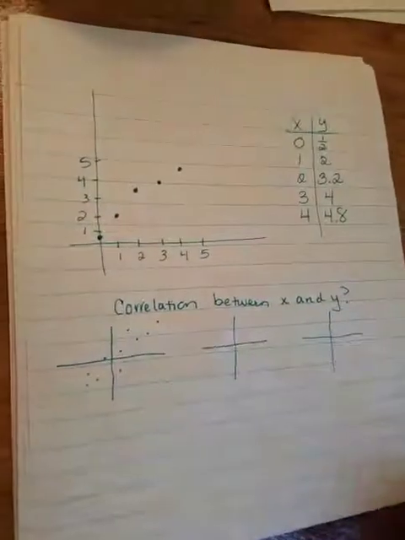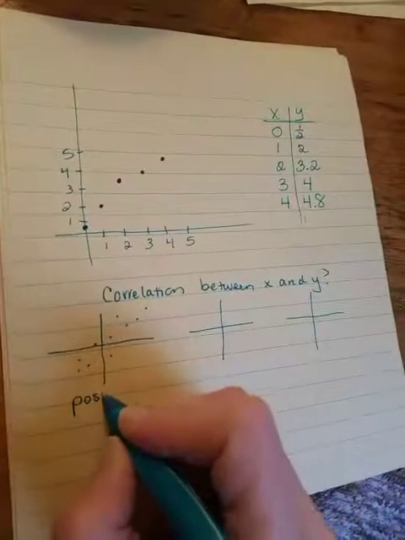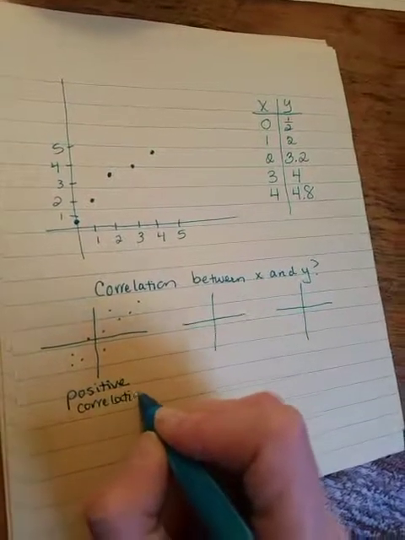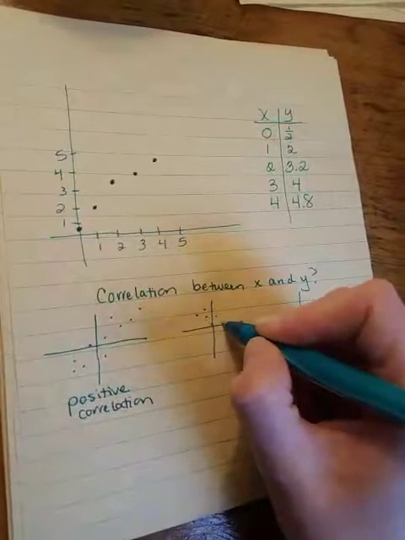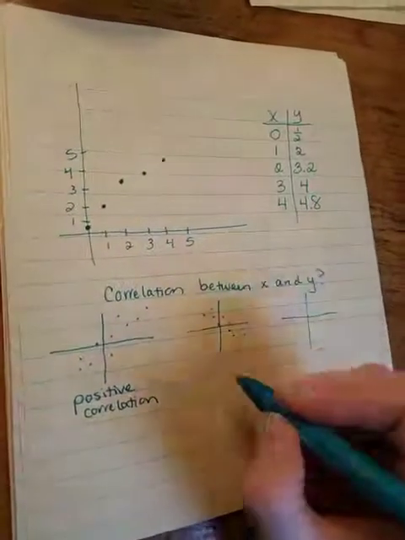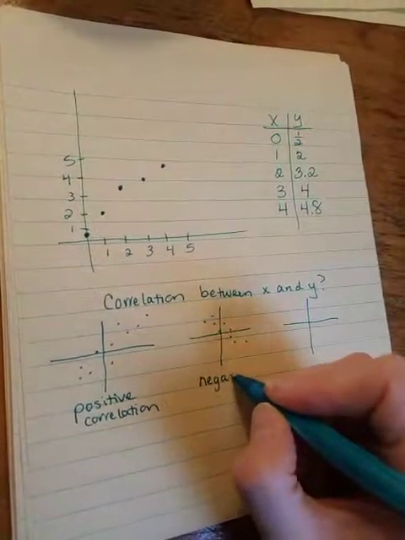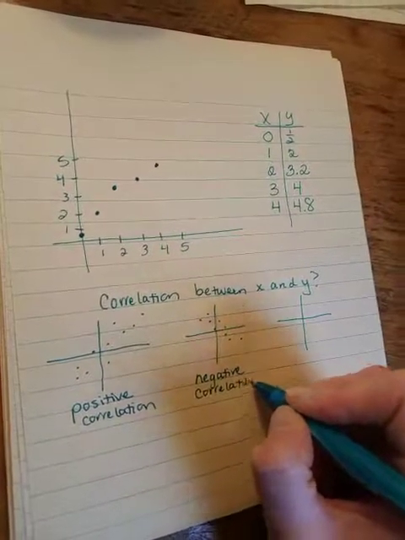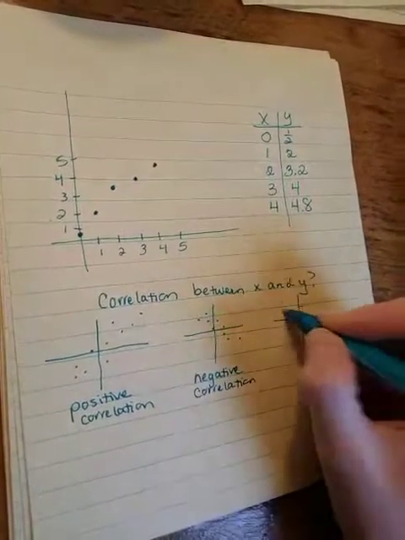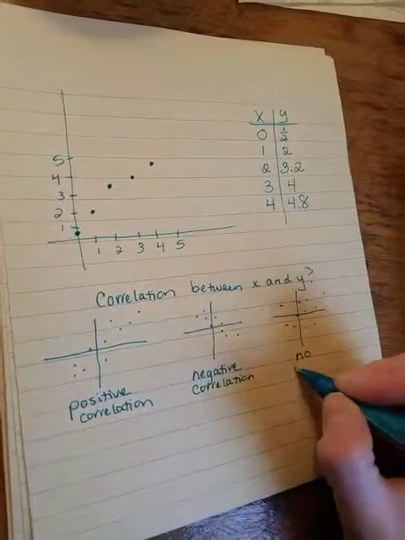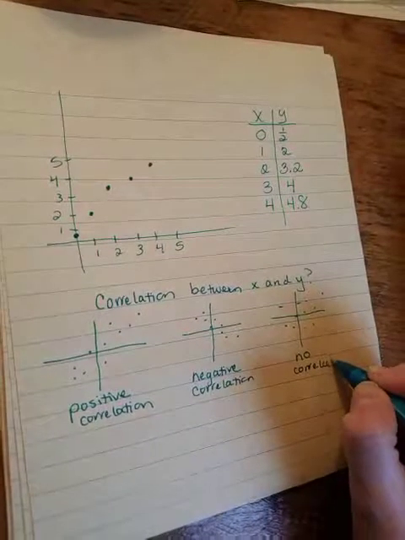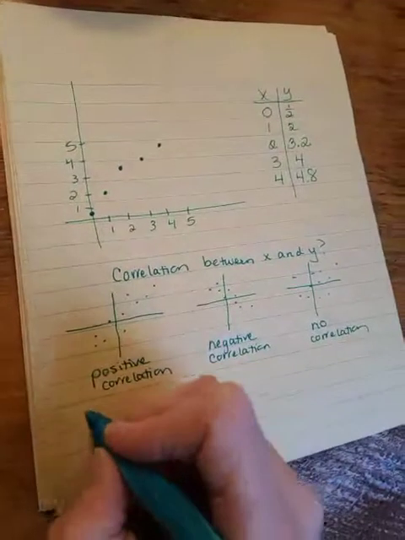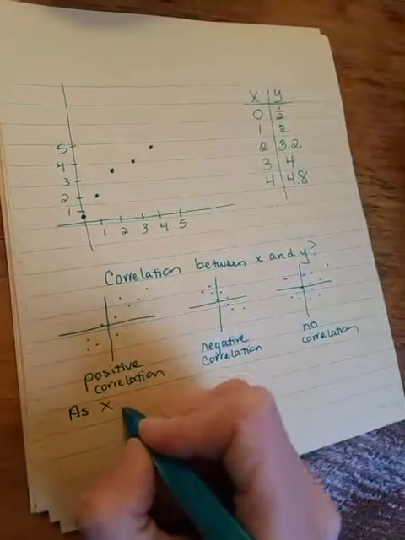the scatter plot looks something like that, remember that's positive correlation. And if it looks something like this, remember, just think of the slope, that's negative correlation. And then if it just looks like a big blob and there's nothing going on, we say that's no correlation. Other side notes that you should have watched in your video yesterday, for positive correlation, as X increases, so